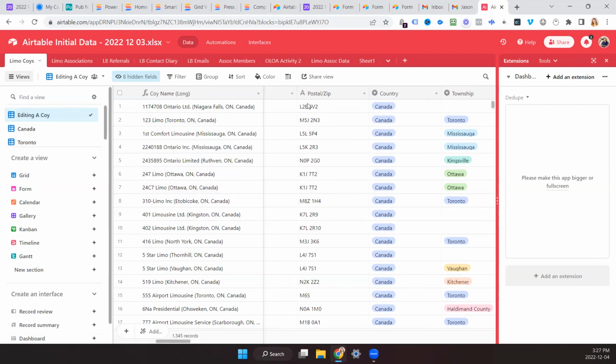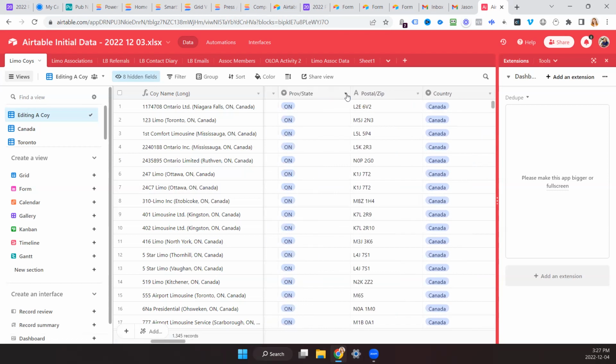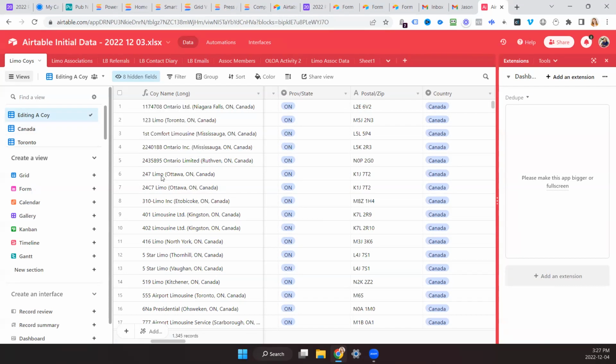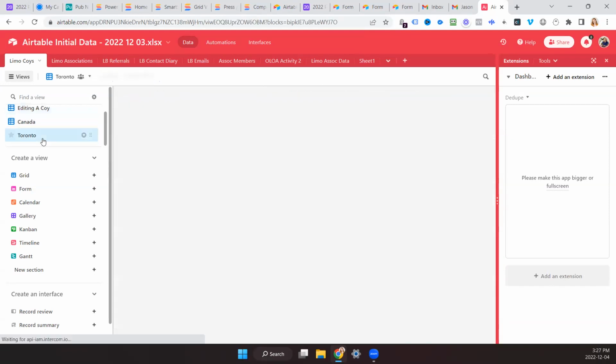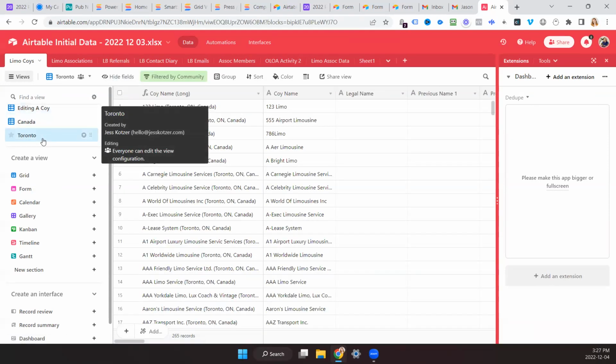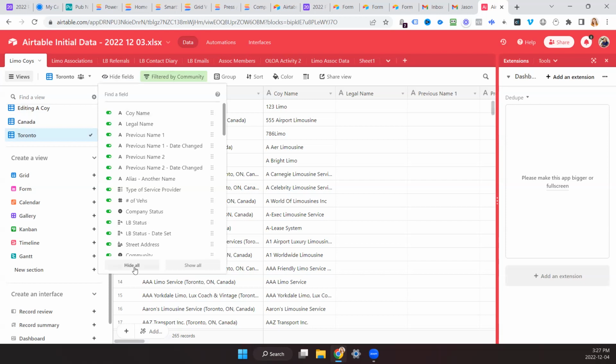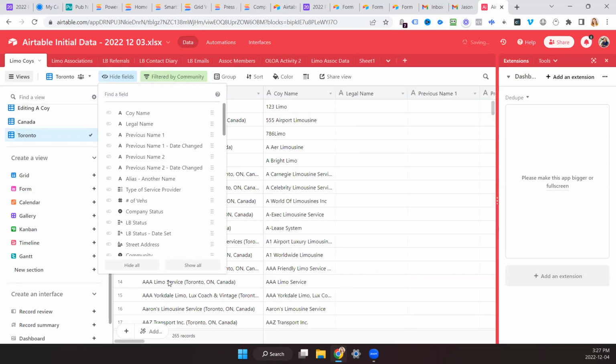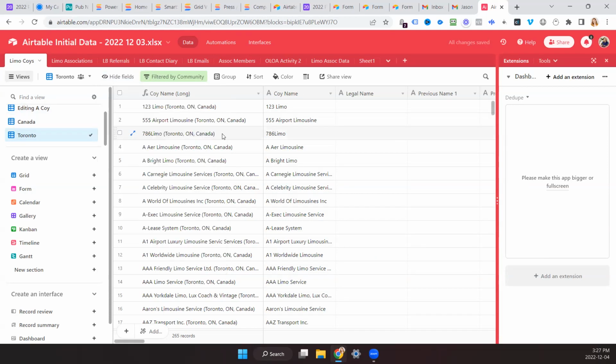I can create another field in the raw data view, but it won't show up in my filtered views, because Airtable just knows that I'm very particular about this view. You can even hide all, which I love, and then just bring in the couple fields that you really need. So if I create another field in the master view, for all those views I have to go into them to add that field if I wanted it in that view.